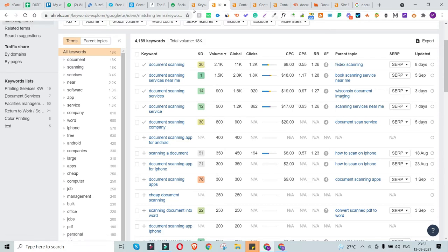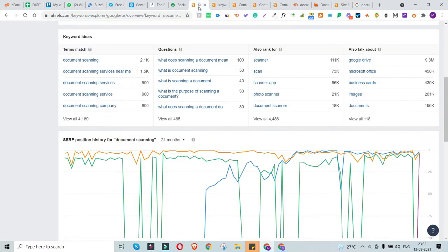So in this way you can quickly select some keywords, the high performing keywords to target for. And you also have this option for questions. So here is where you will be getting some ideas about what kind of FAQ questions you can create for your website. So what are people searching for? This is where you're going to get ideas on what kind of content to create for my website, what kind of FAQ questions to put in my web page, and what kind of short question snippets that I can